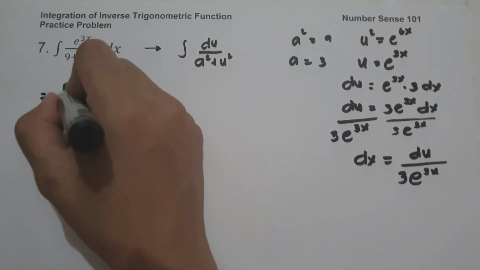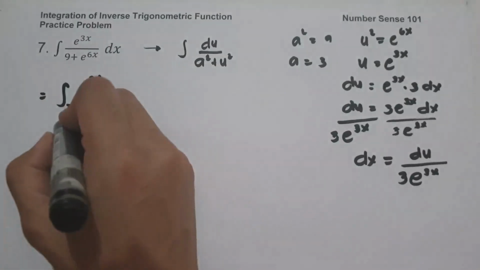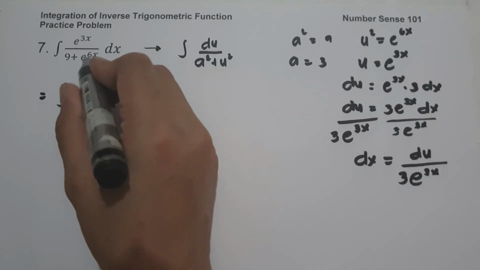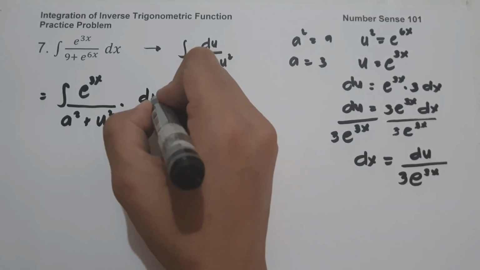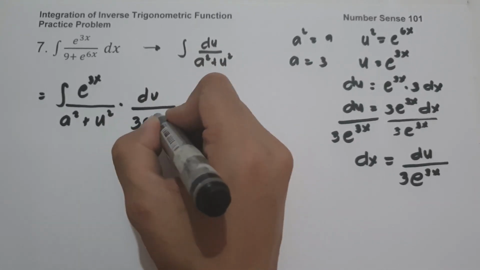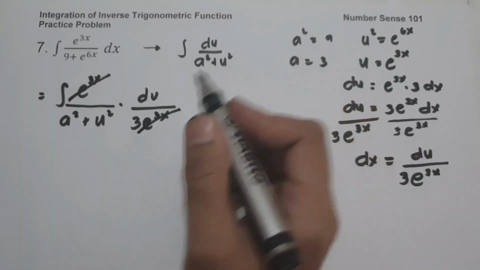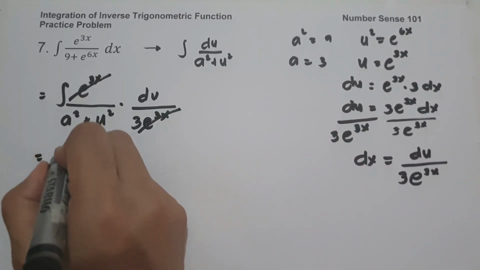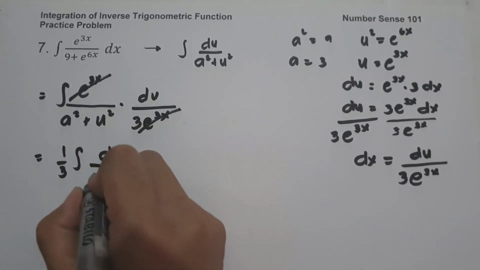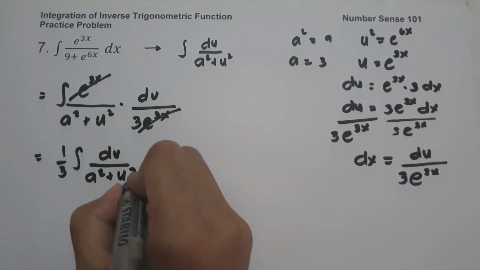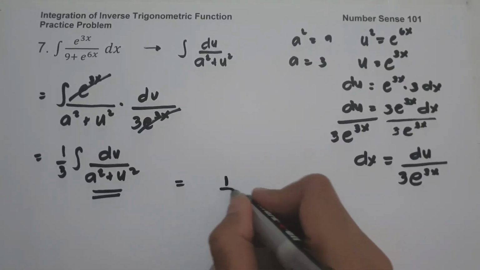So let us have the antiderivative of e raised to 3x over 9, that is a squared, plus e raised to 6x, that is u squared. And then dx, that is du over 3 e raised to 3x. So we can cancel e raised to 3x and let us move 1/3 in front. This will be 1/3 times the antiderivative of du over a squared plus u squared. So this expression, that is 1 over a